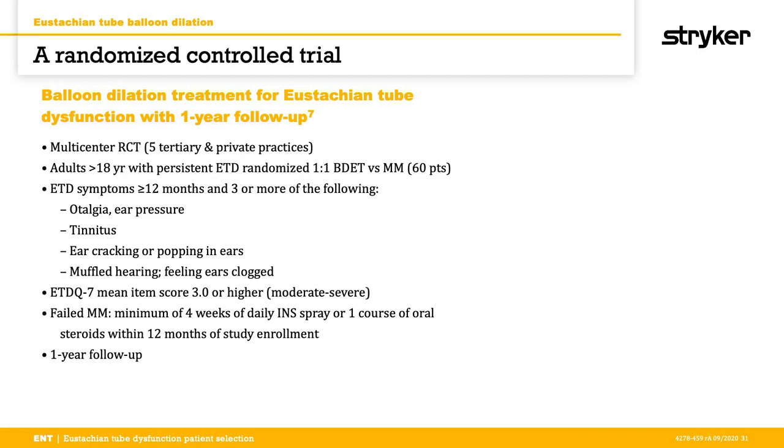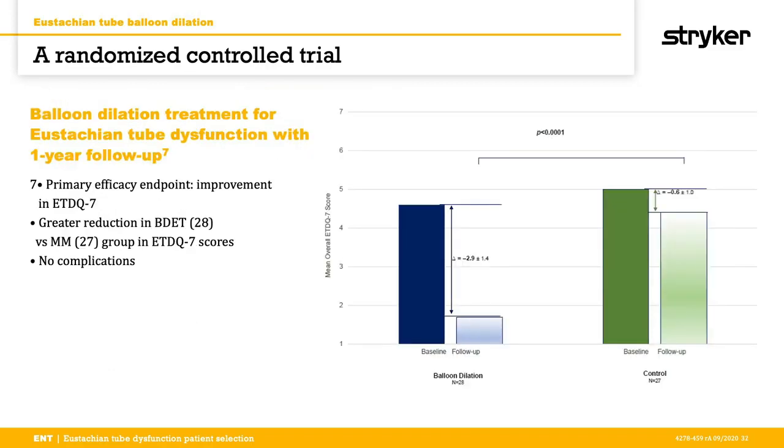The patient inclusion criteria were those who had significant symptoms as defined by the ETDQ-7 for at least 12 months, and you see that here. And they had failed medical management with nasal steroids or oral steroids prior to that. And these patients, the